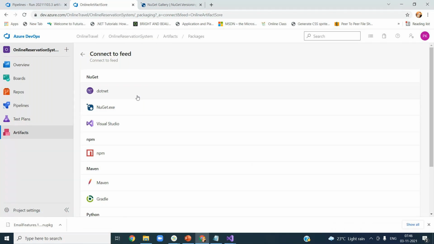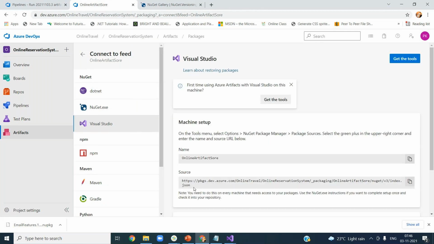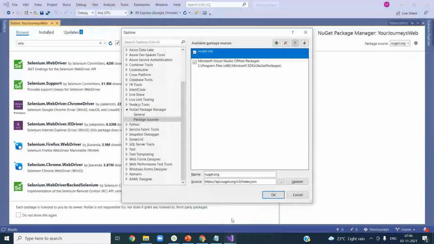Click this, and you can see all these options. If the developer is using Visual Studio for development, click on Visual Studio, and there is a name and a source option here. On the source, you copy the URL. Click on this, and then give this or email this to your developers to use. And once you give it to the developers,